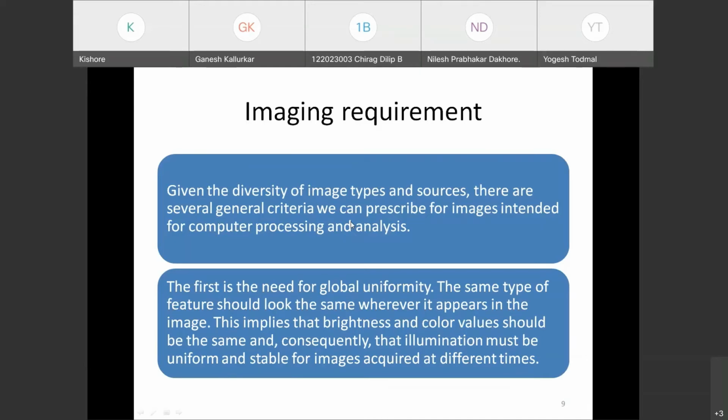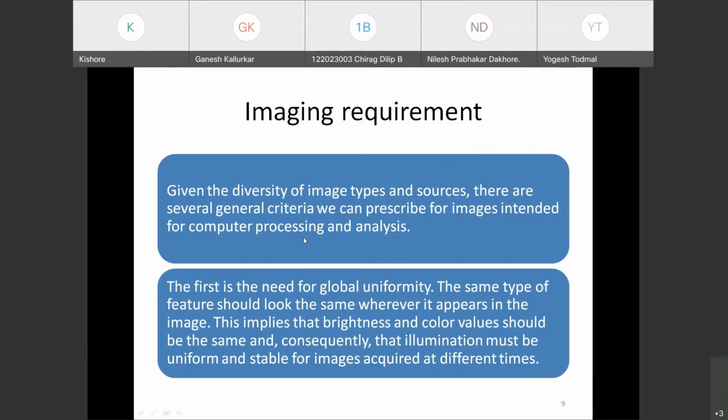Now, again, there are various types of images. You can have an image that comes out of, let's say, a scanning electron microscope, that is an SEM image. Then you can also have it from a TEM, which gives you the microstructure or the phase change at a microscopic level. Or you may have an image that comes from your mobile phone. It can be in different formats, with an extension of .png or .tiff. So there are various image types and various image sources.